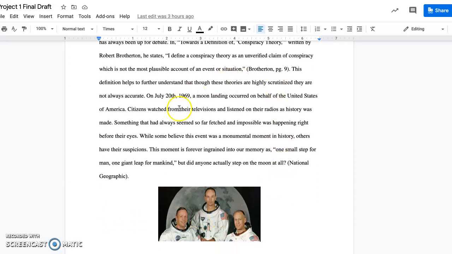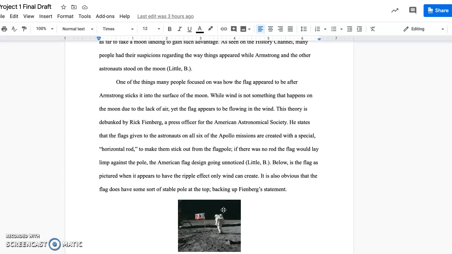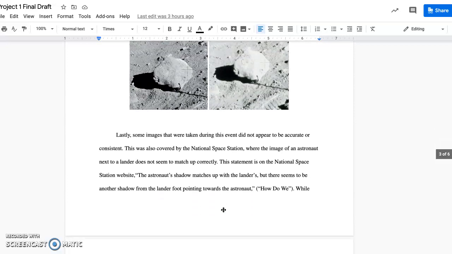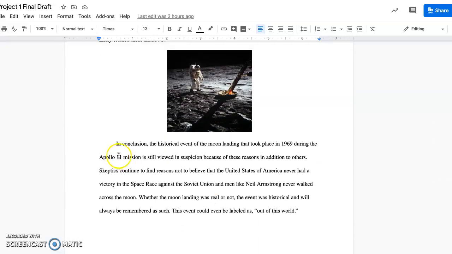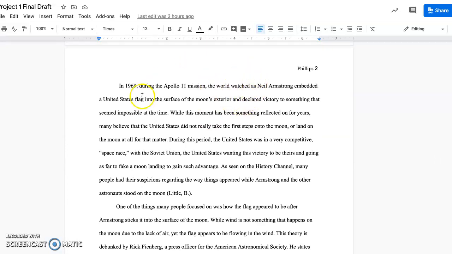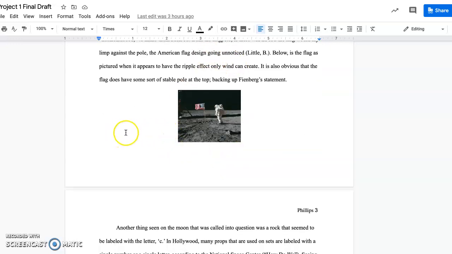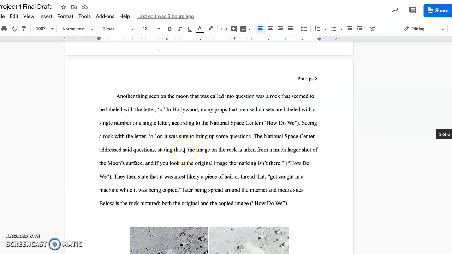This one corresponds with the introductory paragraph, and I basically have a picture for every body paragraph besides my conclusion and the paragraph after my introduction, which has just a little history behind the whole Apollo 11 mission in 1969. And I also wanted them to be good quality pictures. Obviously, this one is a little smaller than I would have liked, but that's fine.